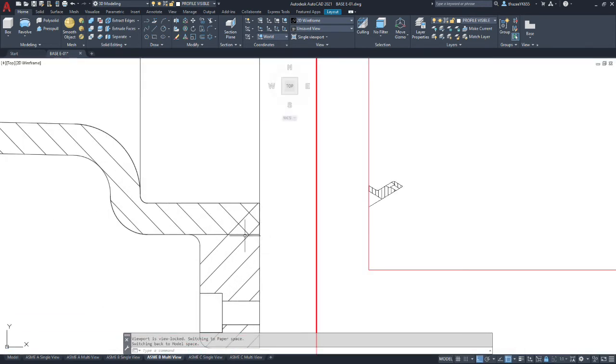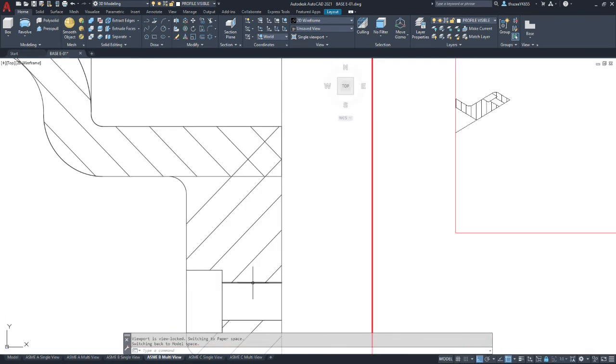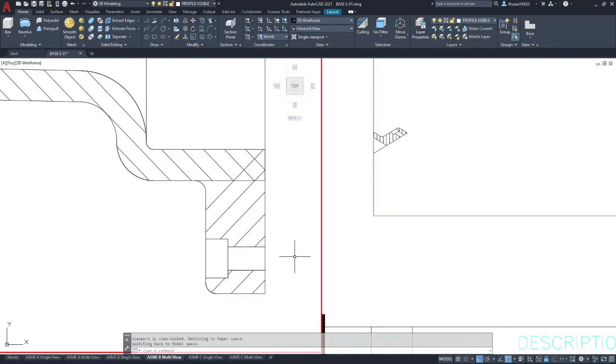Now we have a little bit of editing to do here. Our hatch lines, yeah, we shouldn't have mirrored the hatch lines because they run the wrong direction. So let's go ahead and delete the ones we have. We could try to mirror those, I guess, but I think it's almost faster just to extend the ones that we have.